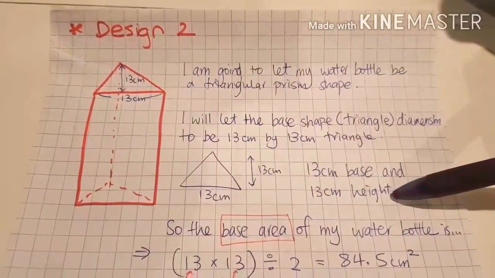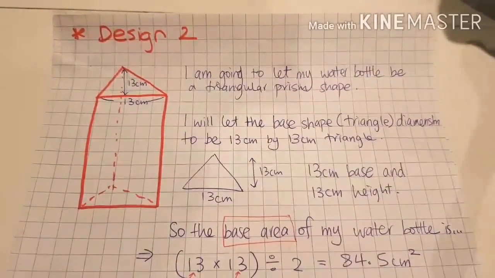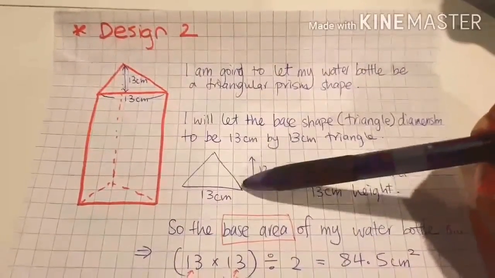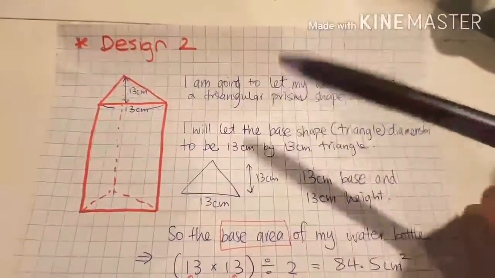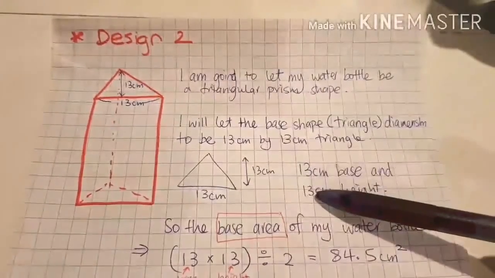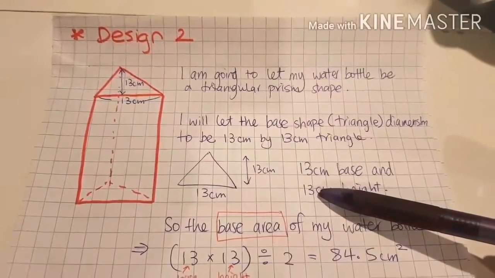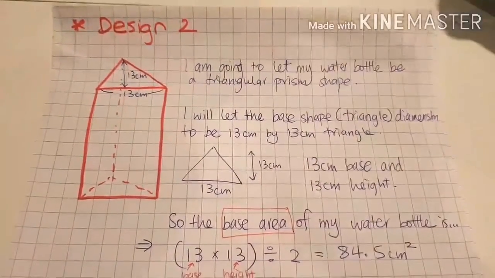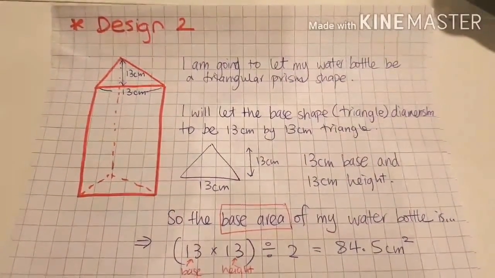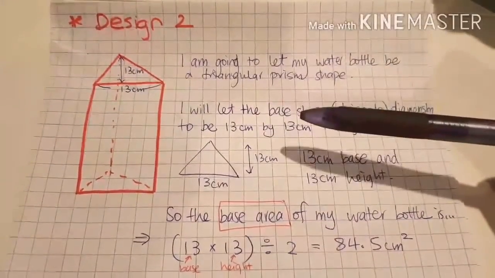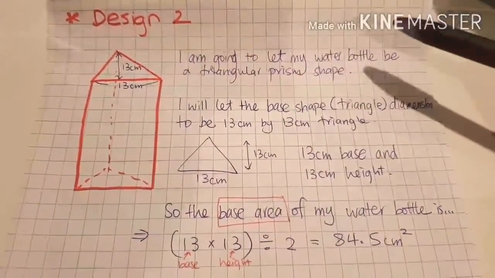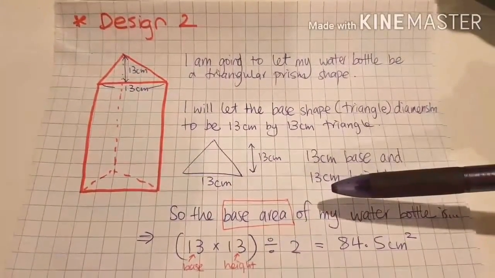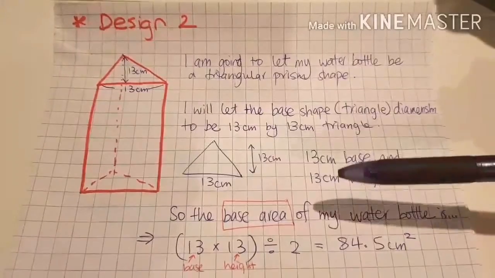Again, think about the real size of the water bottle, whether it's realistic. If you set this like 2 centimeters by 4 centimeters, that's going to be a super tiny water bottle, and in order to contain 2000 milliliters of volume, it's going to be super tall. In that case, it's not a realistic design, right? So you cannot get an excellence if you set it like that. So think about the realistic design and